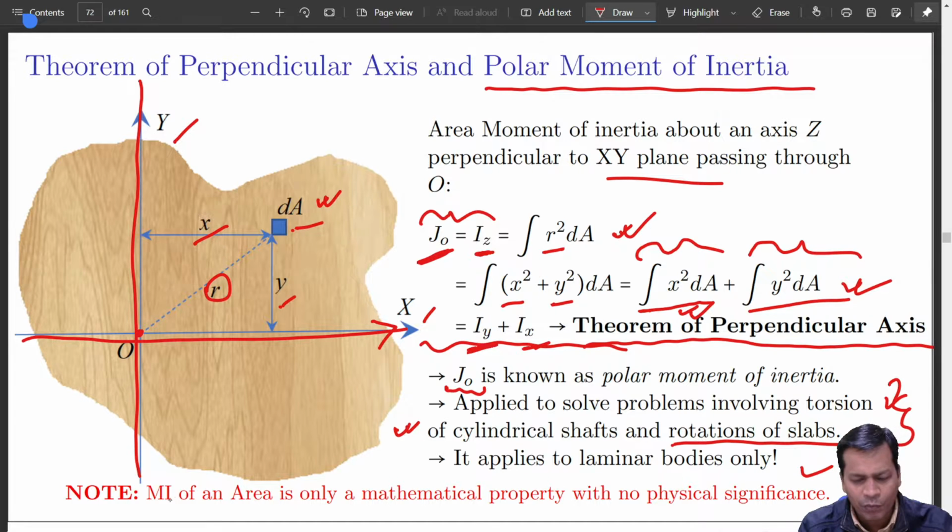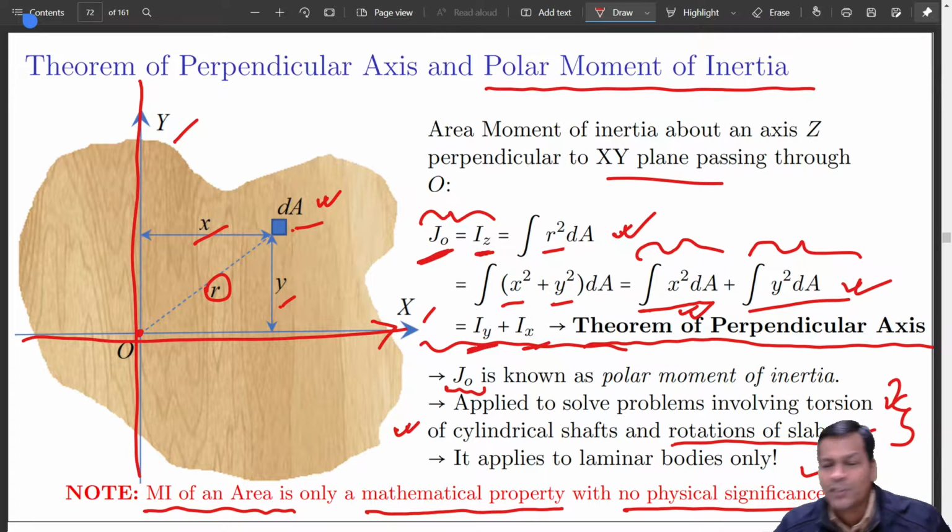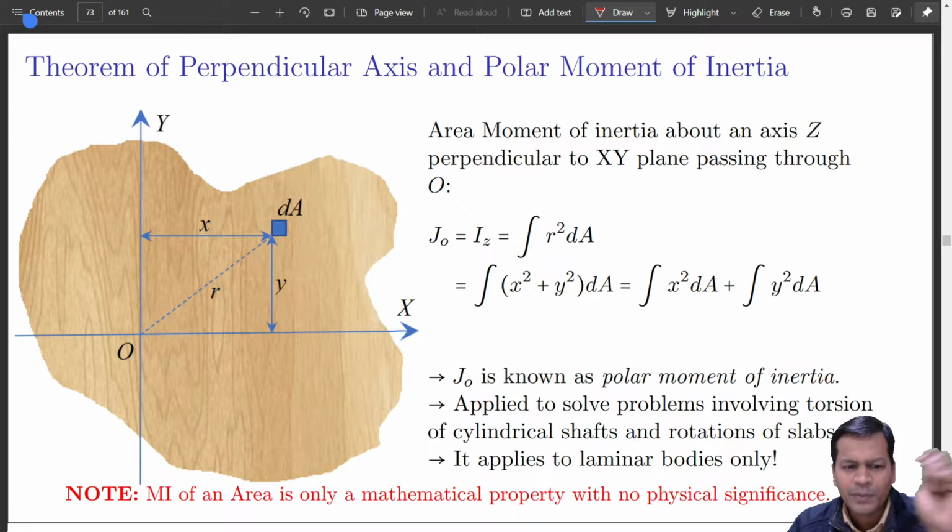Moment of inertia of area has only a mathematical property with no physical significance, but in case of mass moment of inertia, it had some physical significance. This is just a mathematical term which is analogous to mass moment of inertia. So this is something to be noted. This is the theorem of perpendicular axis. Now coming to this,